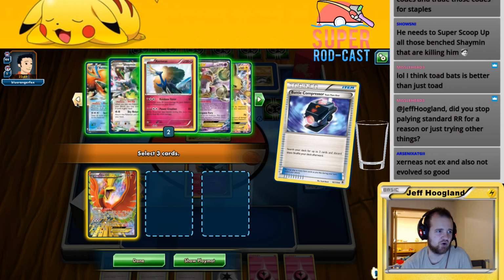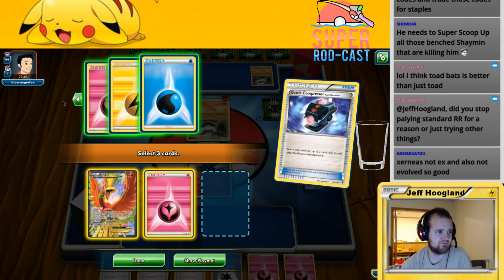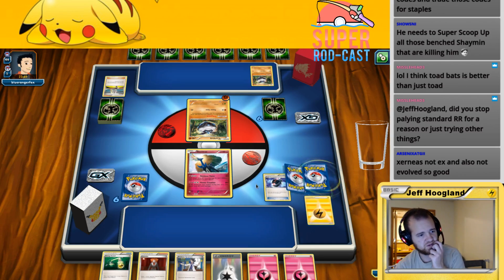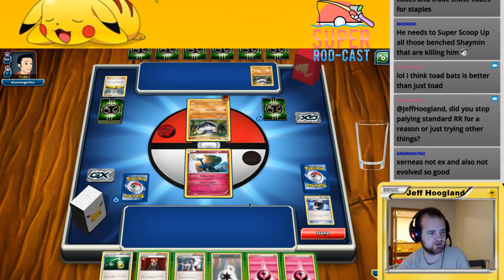I thought both my Ho-Ohs were prized there for a second. I was going to tilt off. Alright, so we want to grab a Fairy Energy, and my Fire Energy is prized. Things that we want to take note of. Let's go ahead and win a coin flip for once in our life. God bless America. Man, that sucks. Okay,